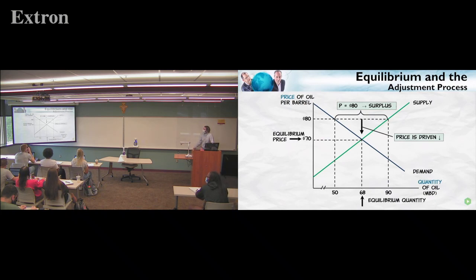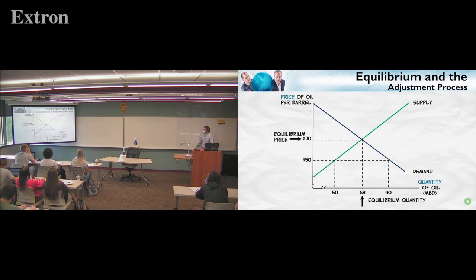towards the equilibrium price. What if the price is less than the equilibrium price? Well, in this case, the quantity demanded will exceed the quantity supplied. Buyers will want the good, but there won't be enough of the good to go around. In other words, there'll be a shortage because the buyers have to compete to obtain the good. They're going to push the price up, again, towards the equilibrium price. The equilibrium price is the only stable price.